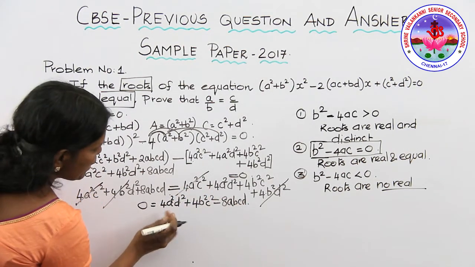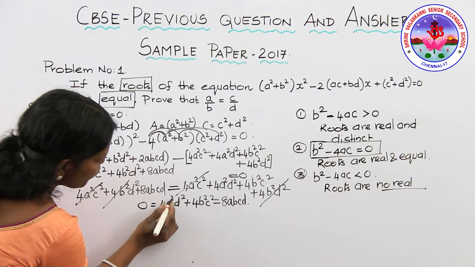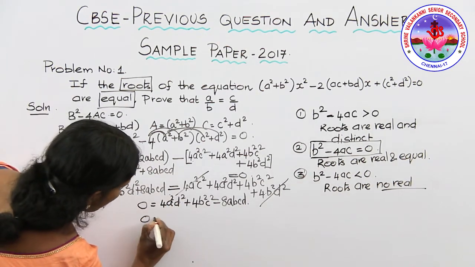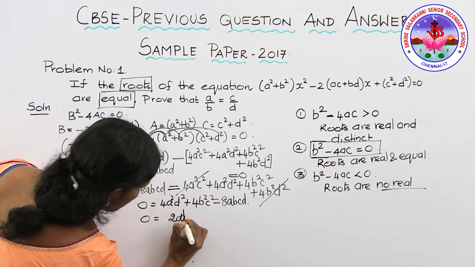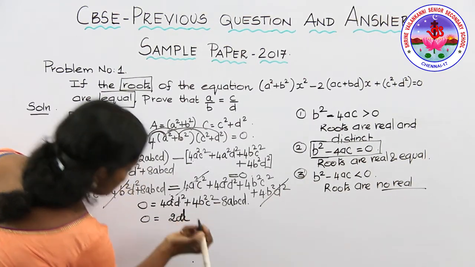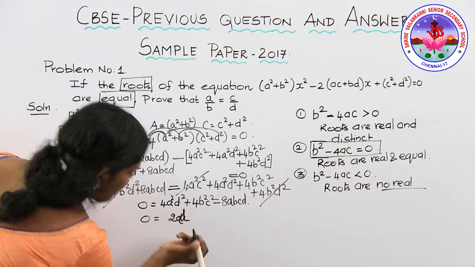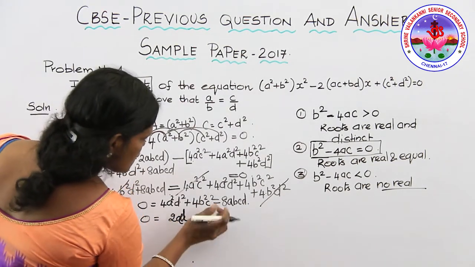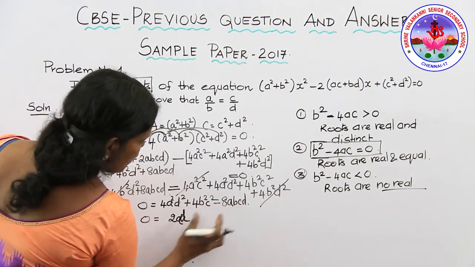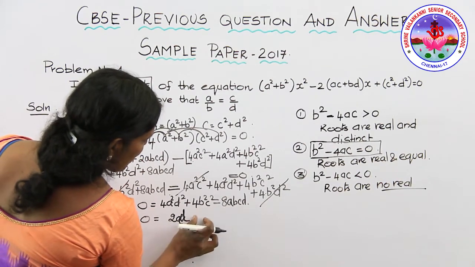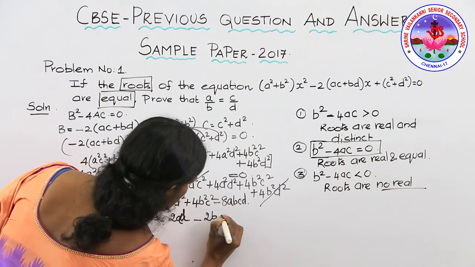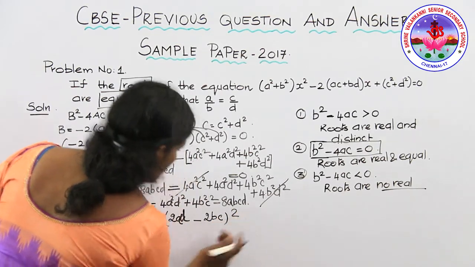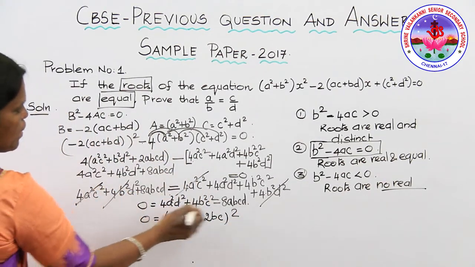2ab. So I will be getting a in terms of 4a squared d squared. I am going to write this in terms of 2ad minus 2bc. Since it talks about minus 2ab, I am going to use the identity (a minus b) the whole square. So I am writing b squared as 2bc. I am going to check whether this expansion holds.